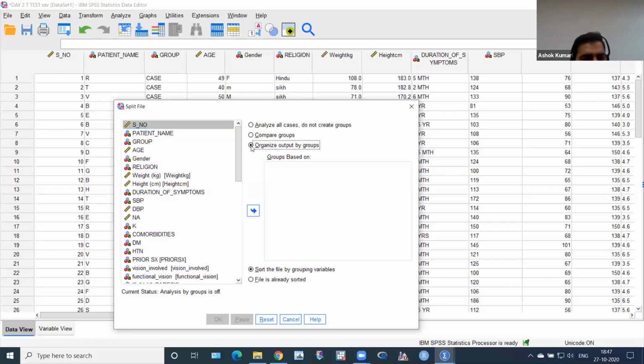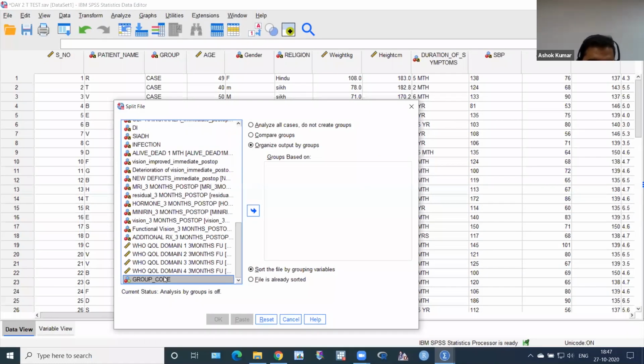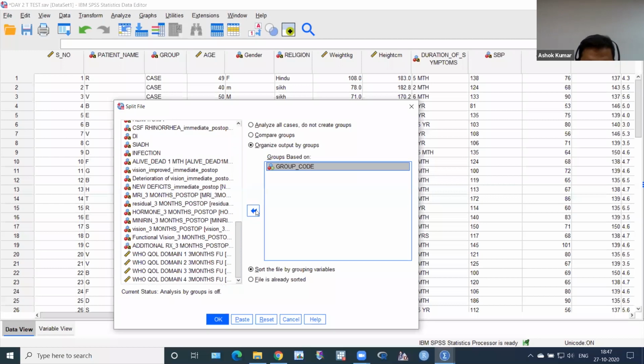Then I can go for the group code. I have to put this group code because I have to split my file according to case and control. I want the effect of surgery within case and within control. Then I have to click OK.